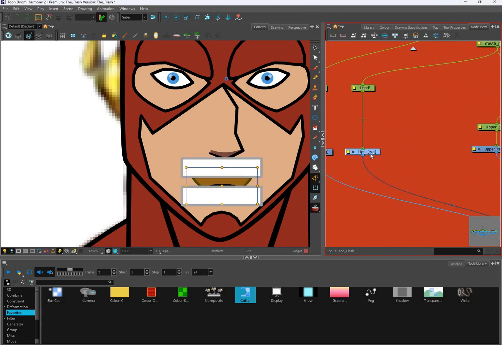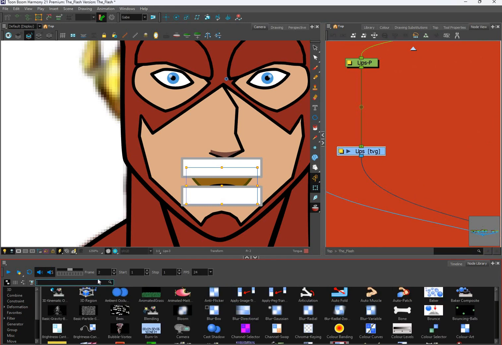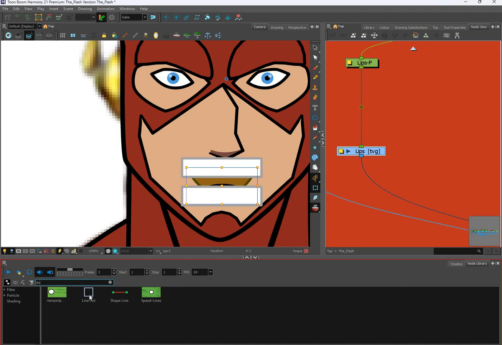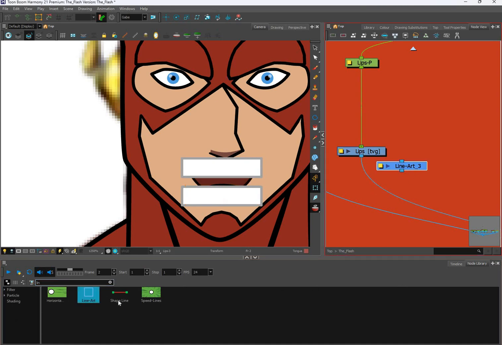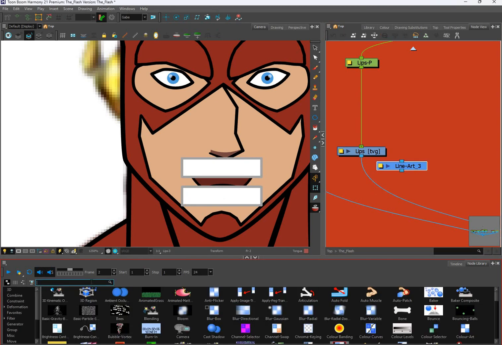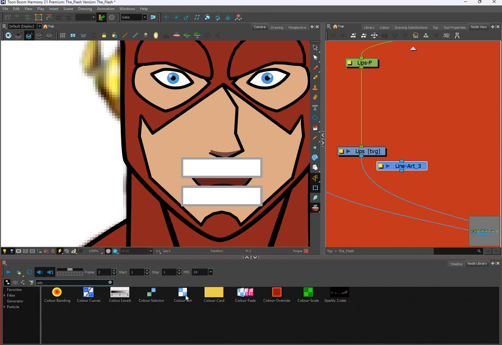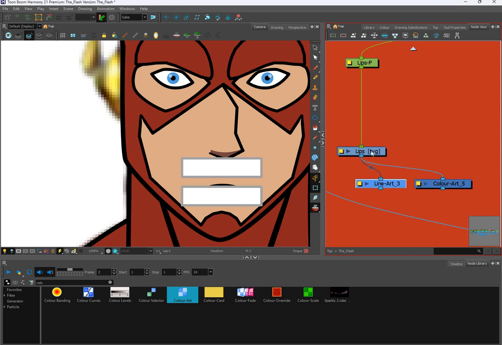And as for the lips, I need to separate the lips into the line art and color art. So I'm just going to type in line art here, and another one, the other one will be color art. Color art right here. And the line art needs to be on top. So this goes in here, this goes in here. Now I've separated this into two different